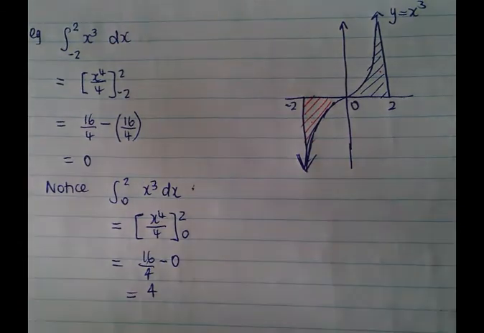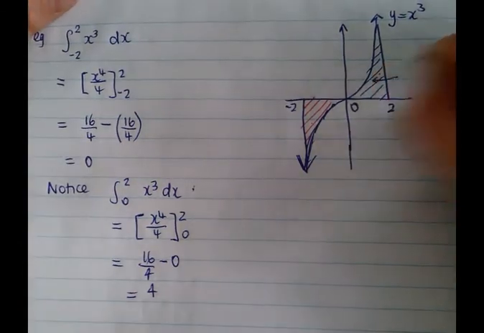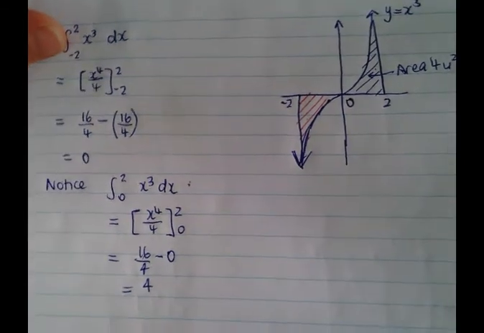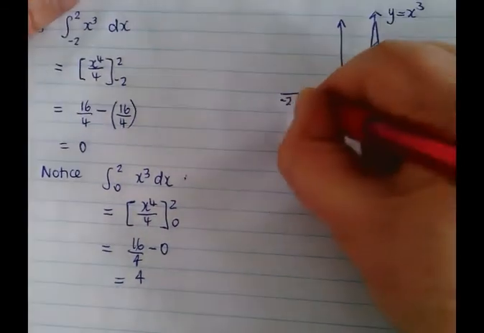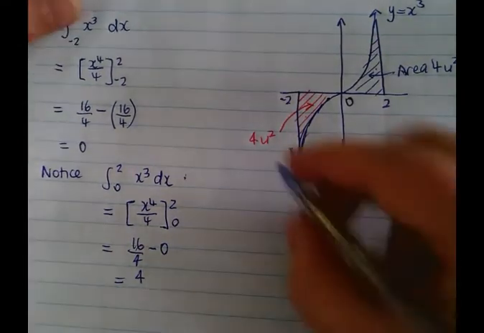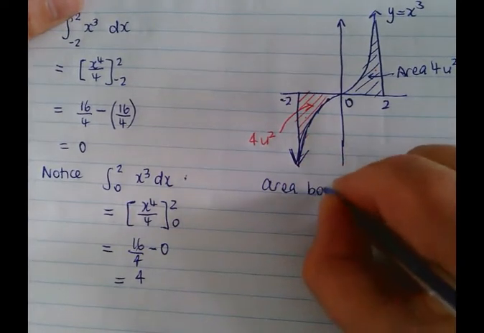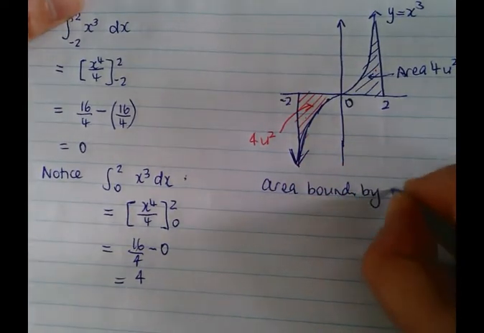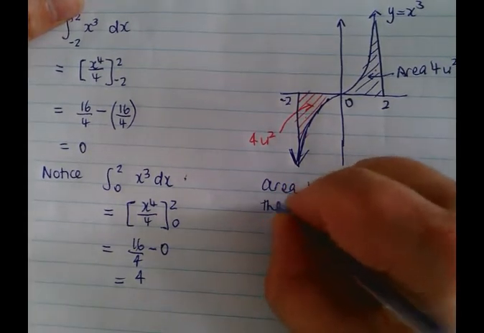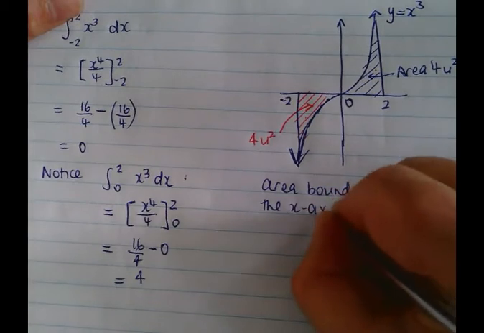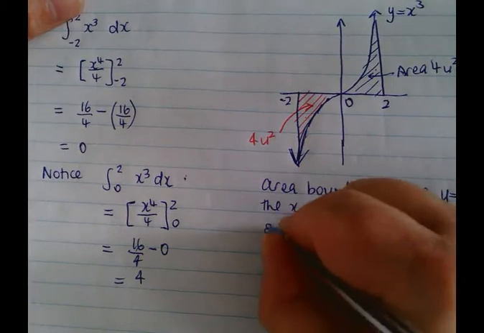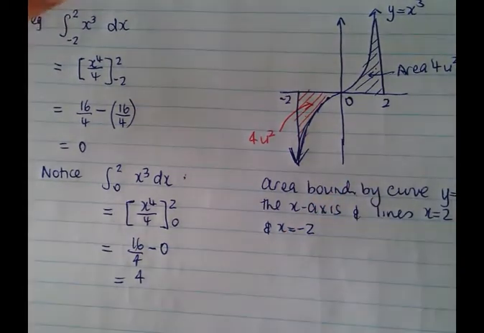So, therefore, I could say that this area is 4 units squared. Are you okay with that? And this area is also 4 units squared. So, therefore, the area bound by the curve y equals x cubed, the x-axis, and the lines x equals 2 and x equals negative 2